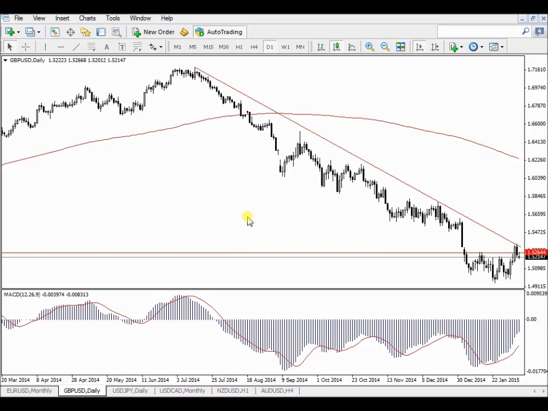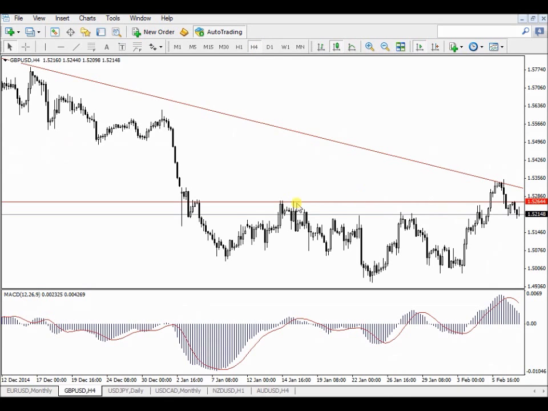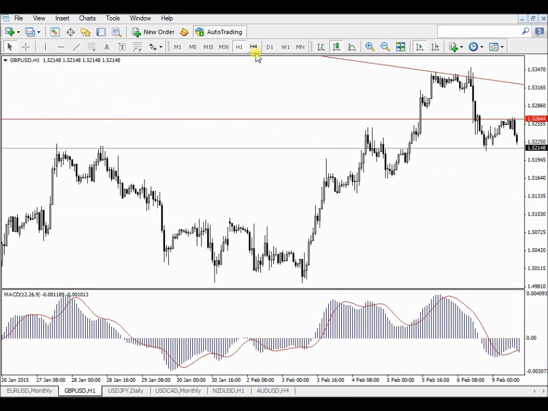Alright, Bongani, you've got a question. When a resistance level is broken, where can one set take profit? Alright, so you want to know that if the market is breaking a resistance, we know we want to buy, and we want to then set the limit area or take profit area. Usually it goes to the following resistance, Bongani. In other words, if this market breaks this resistance and keeps going up, I can plan that the market will hit this resistance, because that is the last area that the bears were in control, and that is the following area that the bulls want to take over.